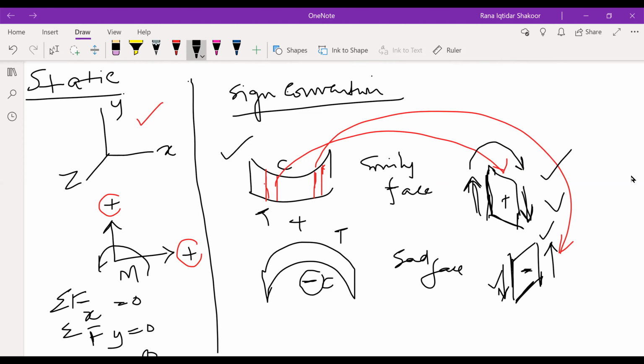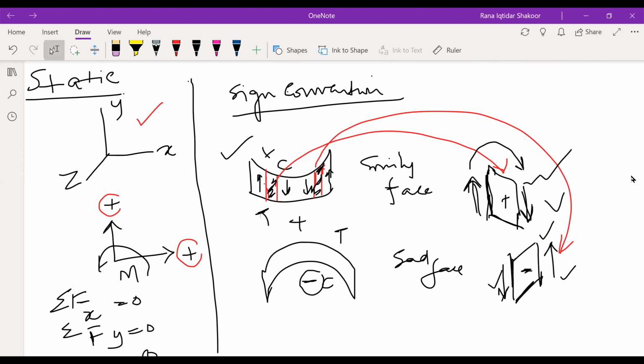So I am representing over here this part, and this is the part which is over here. You can see that in this section, this part is going up and this part is going down, so this is the negative shear, right? And likewise, this part is going up and this part is going down, so this is the positive shear, right?